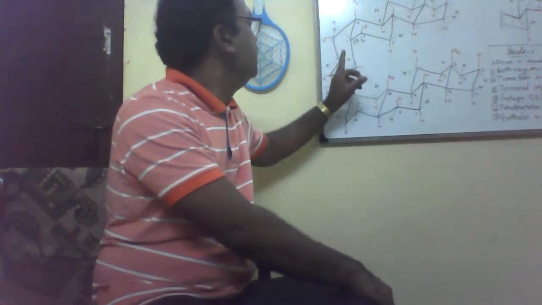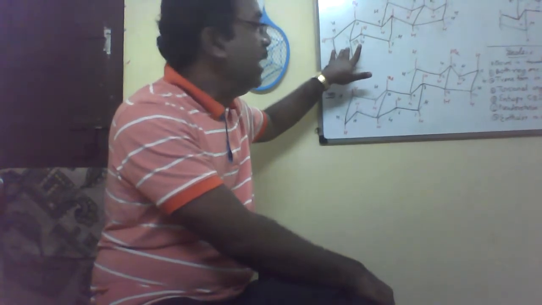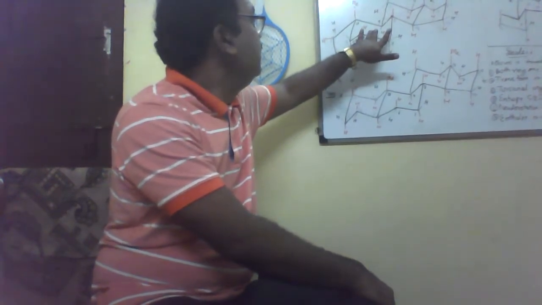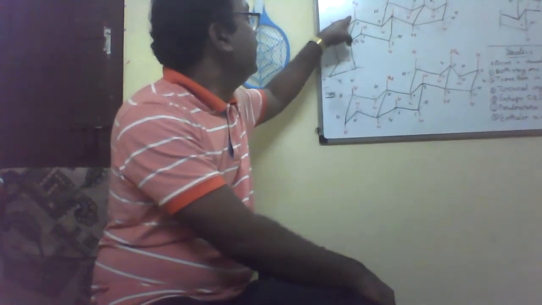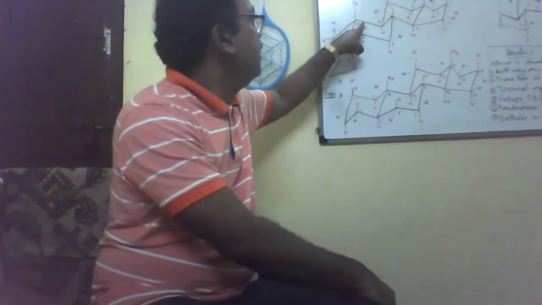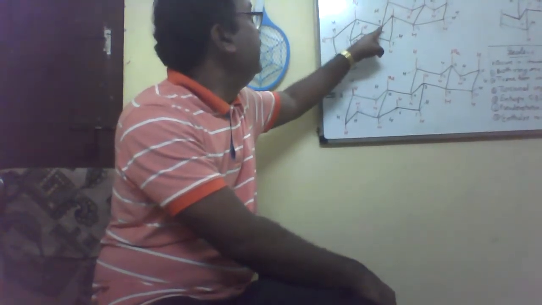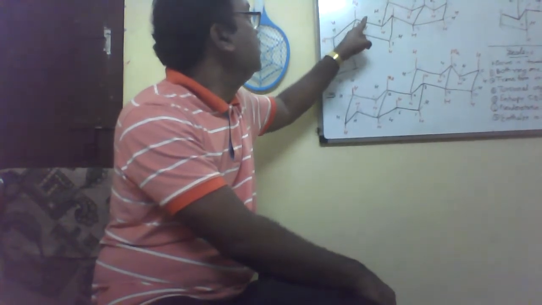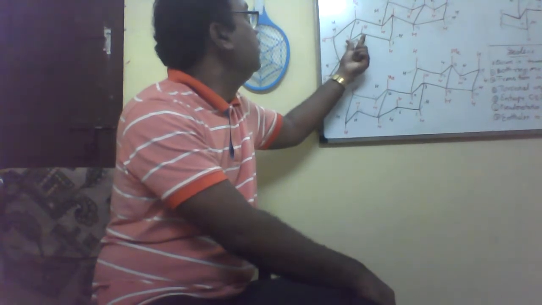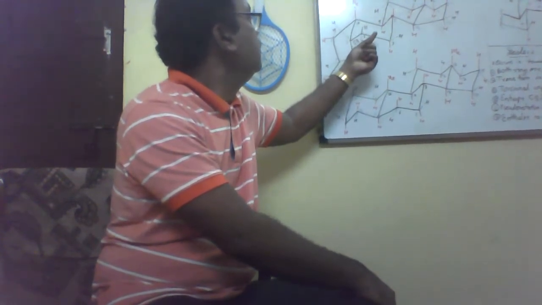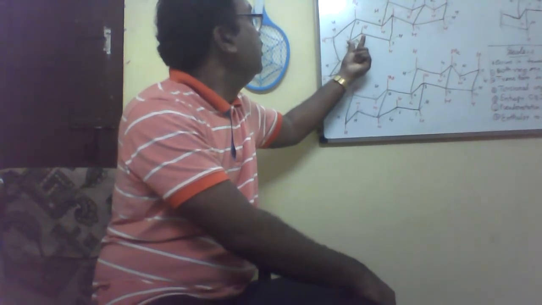Now suppose this ring is there. First, for this A ring, how is it connected with the B ring? This methyl group is axial. If it is axial, this bond is equatorial. So when this ring is fused at carbons 9 and 10 with equatorial bonds, while at carbons 5 and 6 this bond is an equatorial bond, this bond fusion is nothing but an equatorial bond.